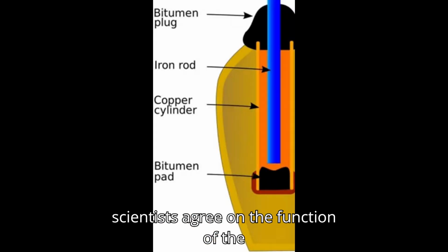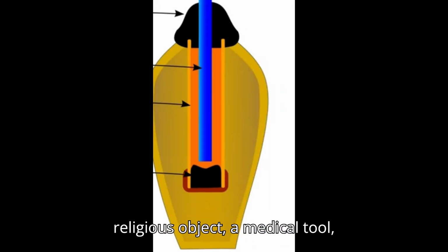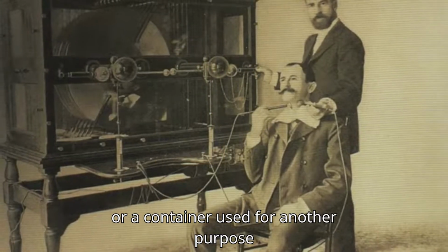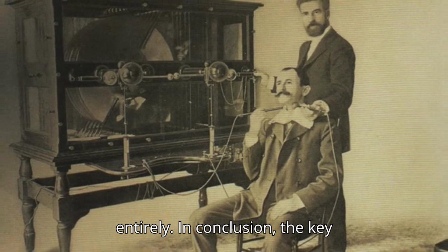However, not all scientists agree on the function of the Baghdad Battery. Some researchers suggest that the object could have been a religious object, a medical tool, or a container used for another purpose entirely. In conclusion, the key points are: